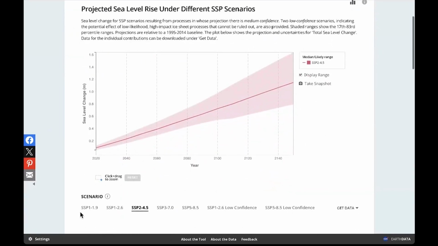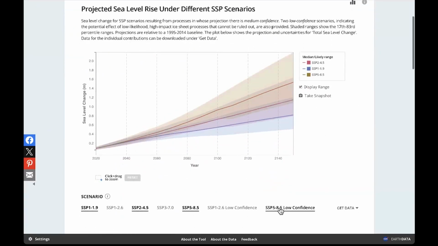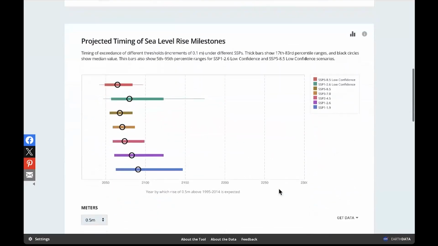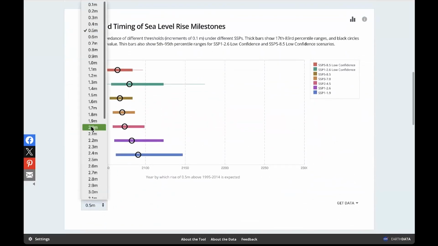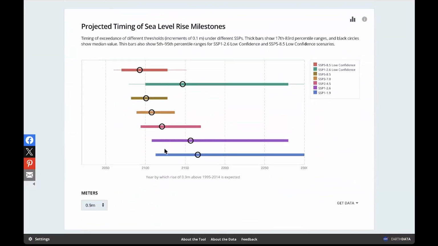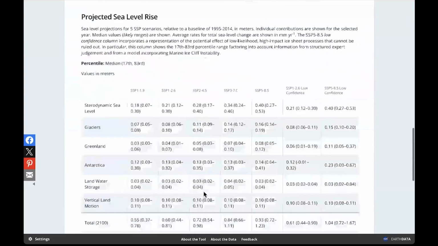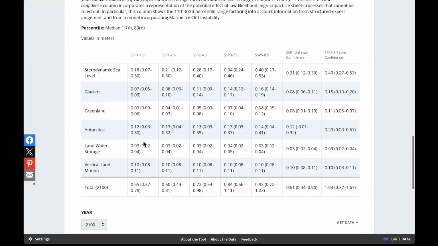Here we have our chart of the different projections, which we can turn on. We have our timing of different milestones. So here's 0.9 meters or 3 feet, when that will be exceeded under different emission scenarios and when considering low confidence processes in Wilmington. This is that table, in this case for 2100, but we can change that to say